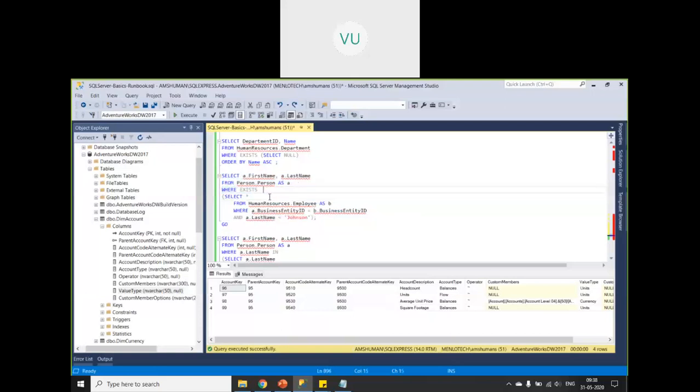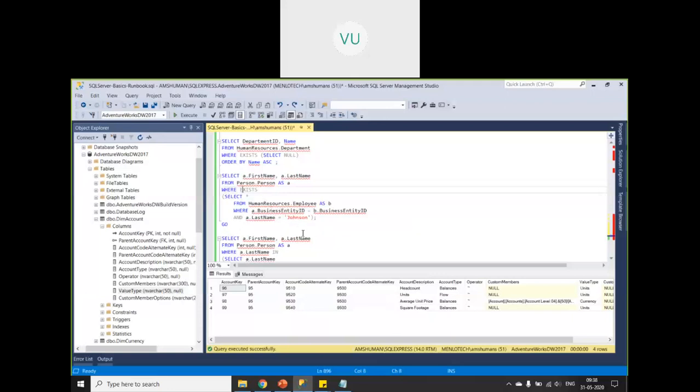Okay, so that is the purpose of exists. Yeah, slightly difficult to understand, but once you practice, it will be easy actually. Okay. So exists means whether it exists or not, and it will return a boolean value, true or false.